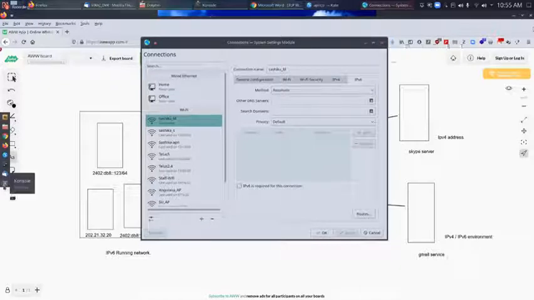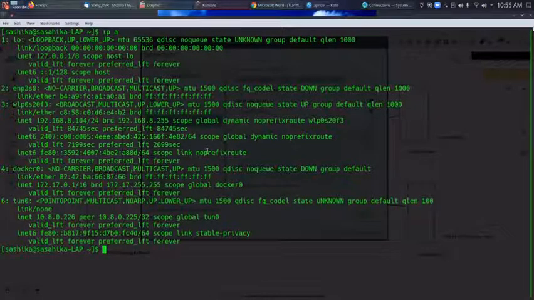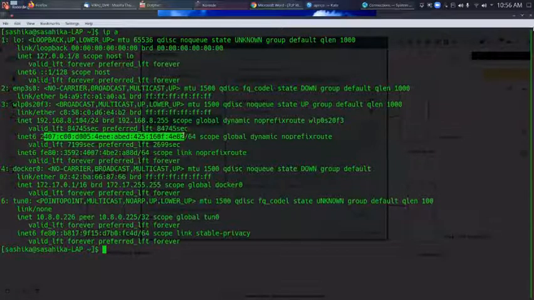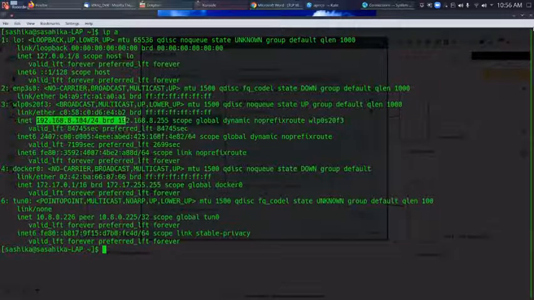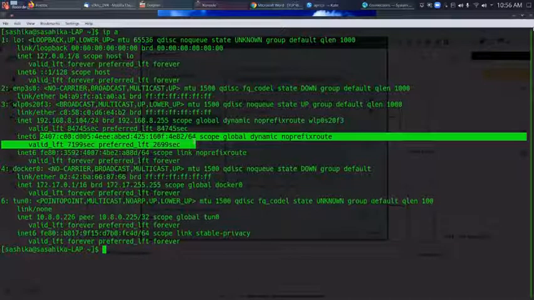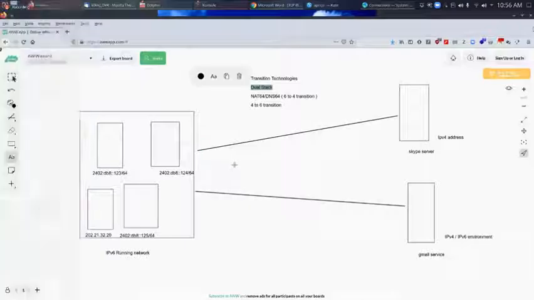If I show you this right now, look at this configuration. This is my adapter configuration. Here I have configured both. This is the IPv4 configuration, and this is the IPv6 configuration. You can see that one. IPv4 and IPv6, a single adapter has been configured with both communications. What is going to happen here is,